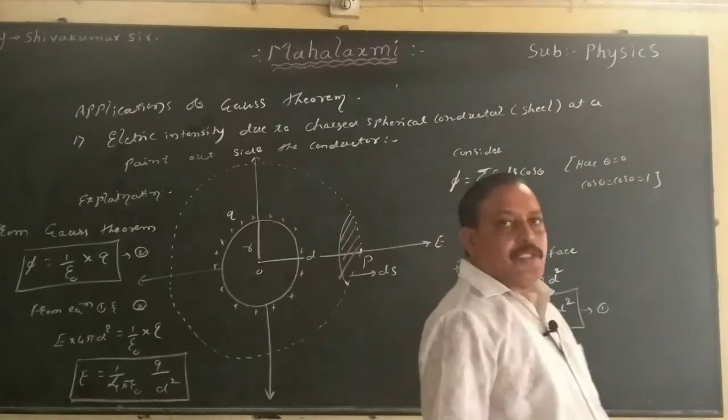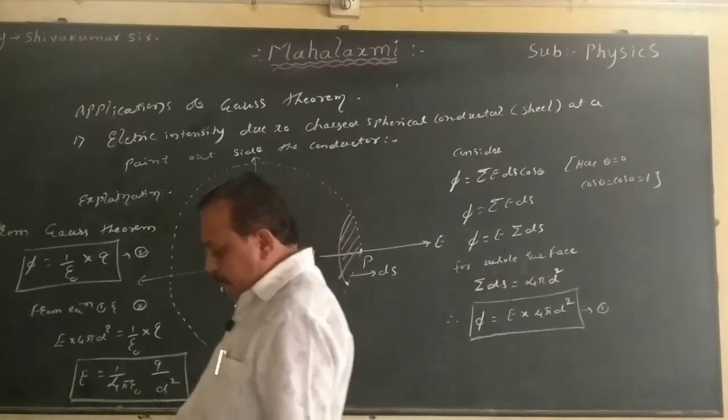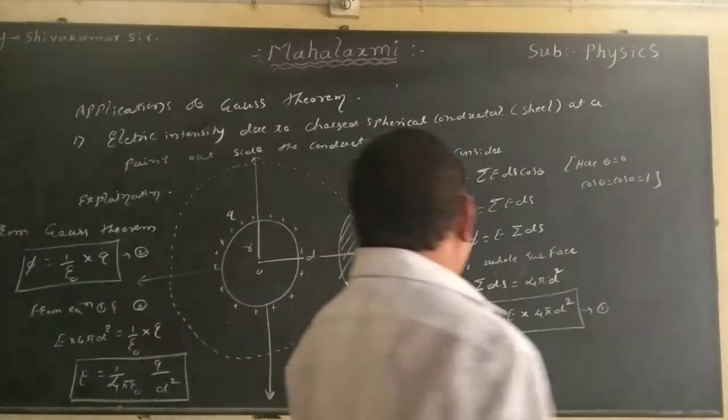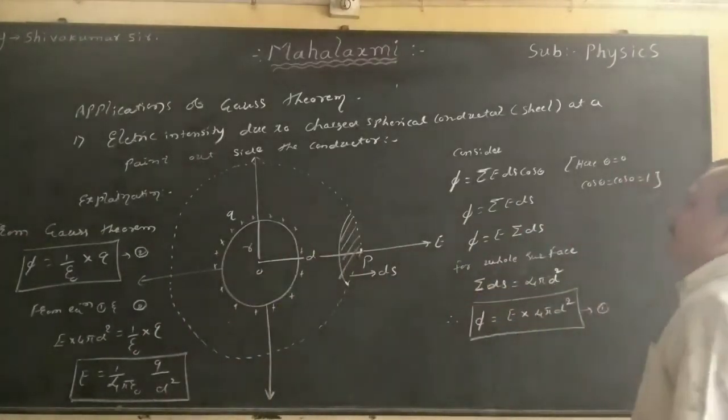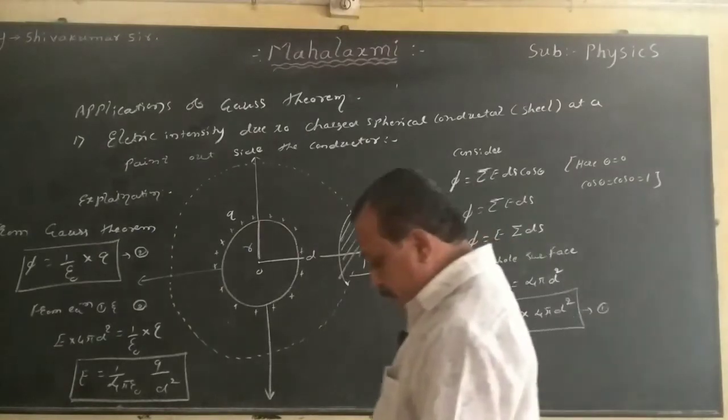Now this is our first application, just to glance at the steps. And this is our first derivation, which is nothing but an application of the Gauss theorem. Is it clear? Take one look at all the equations. There is nothing more to it. You have to implement the things in a clear manner. Is it clear? Shall I go for the second derivation? Yes.